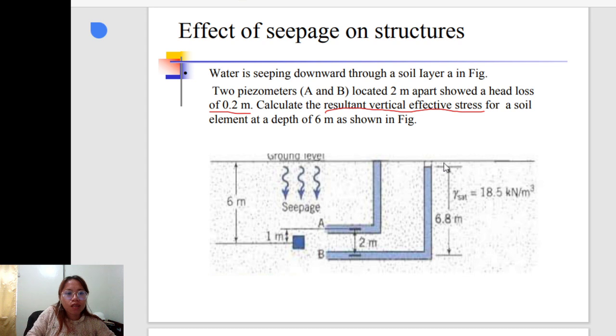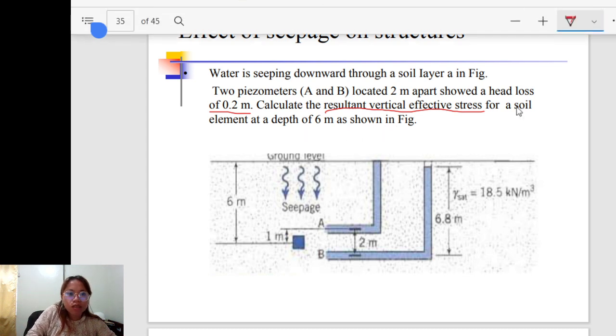Remember, if the seepage force is downward, the total vertical stress is equal to the buoyant unit weight times a certain distance, and since this is downward seepage, you have to add the hydraulic gradient i times Z times